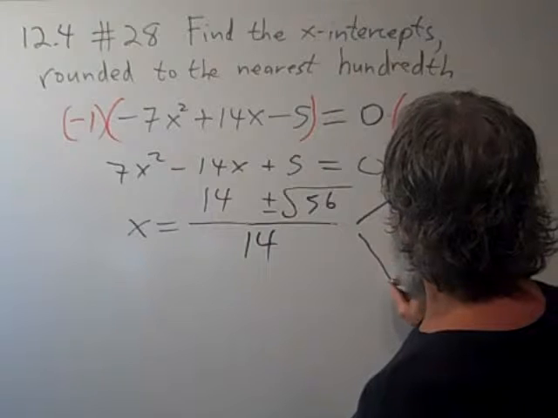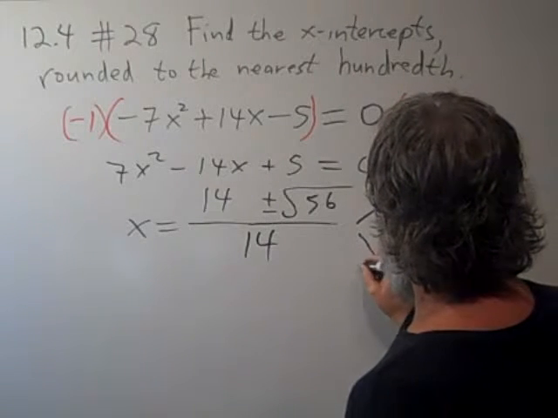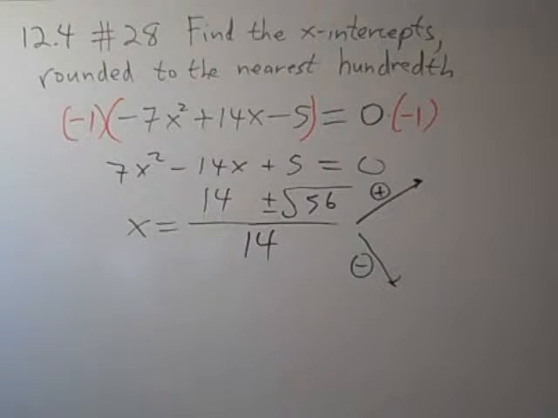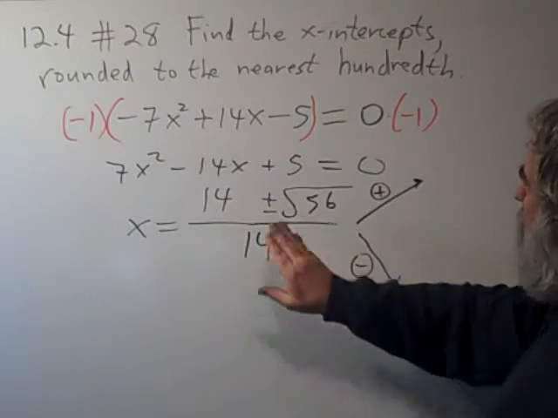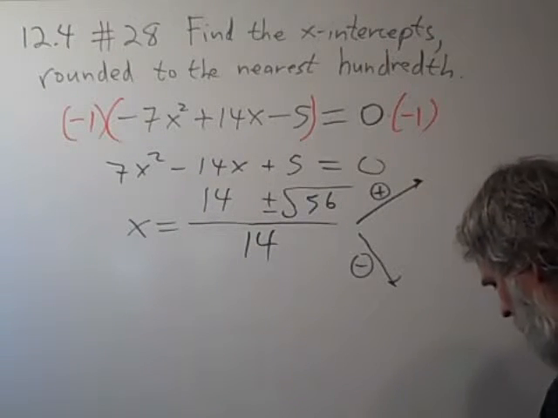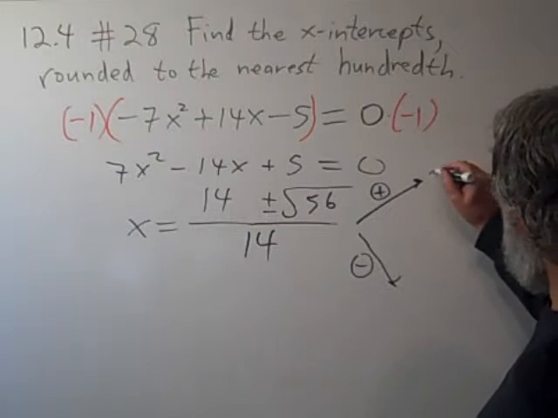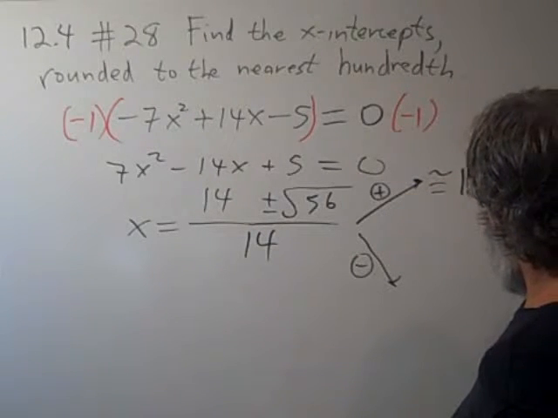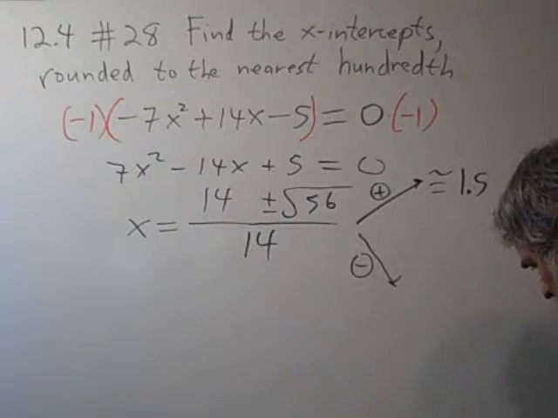So there we have our solutions to this quadratic equation, and we're going to evaluate that by picking the plus to get one answer and picking the negative to get another. So 56, the square root of 56, and add 14, and divide by 14, and we get, this is about equal to 1.5345